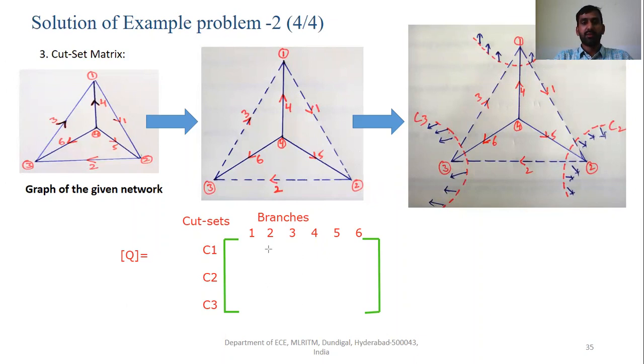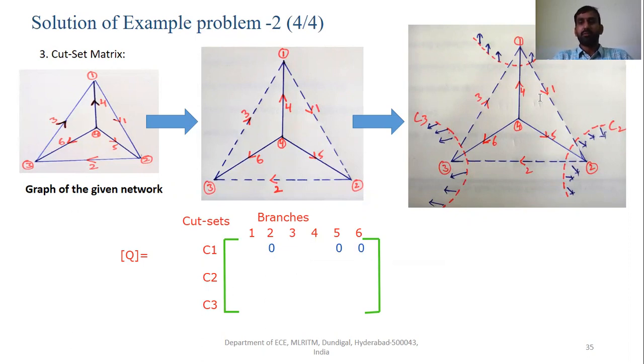So the element for branch 2 is equal to 0, because branch 2 is not coming under cut set C1. What about 3? 3 is not 0. What about 4? 4 is also not 0. 5 is going to be 0 because branch 5 is not coming under cut set C1. And 6 is also going to be 0 because it is not in cut set C1.